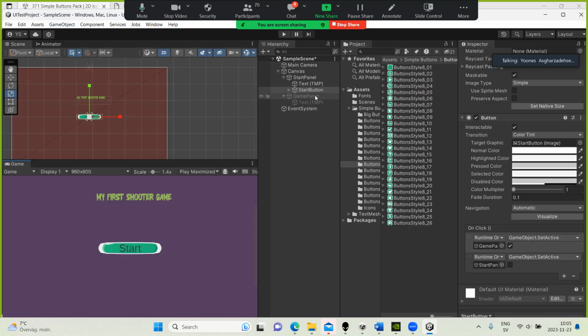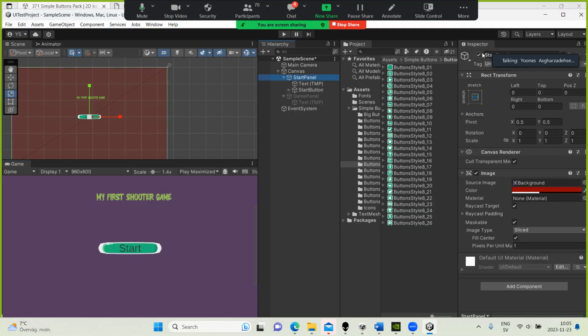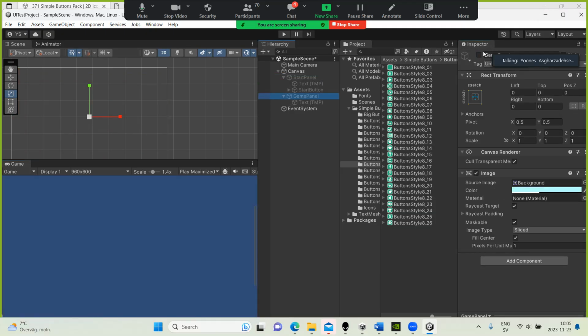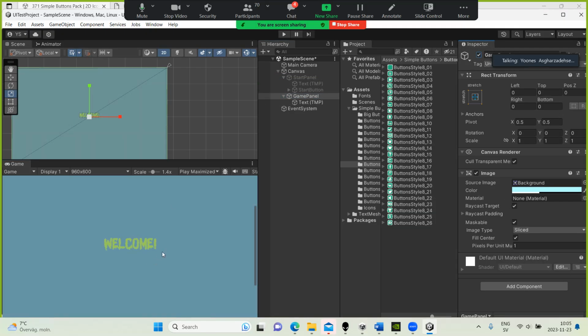For example, let's disable this start panel and enable this game panel. And I want to have an image here that I want to interact with, and then by clicking on it, it just goes to the